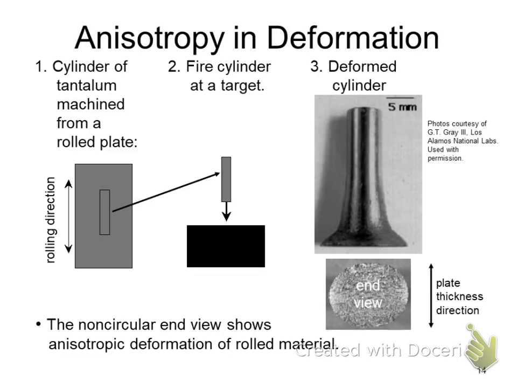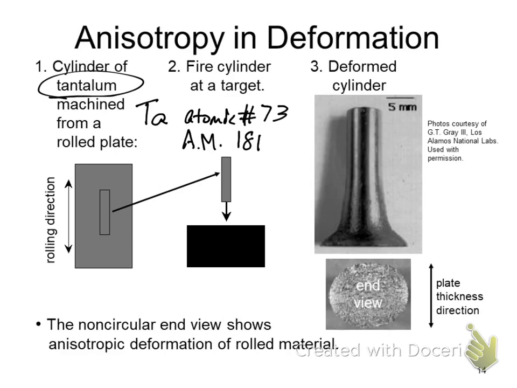So we're going to look at an example of this anisotropic behavior. We're going to look at the material tantalum. Tantalum is an element, Ta. It has atomic number 73. Atomic mass, I'm going to shorten that, 181. And it's named after a Greek myth about a villain named Tantalus. So that would be an interesting side note. Anyway, tantalum,